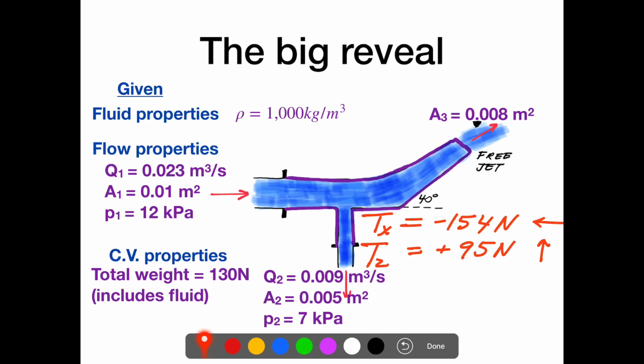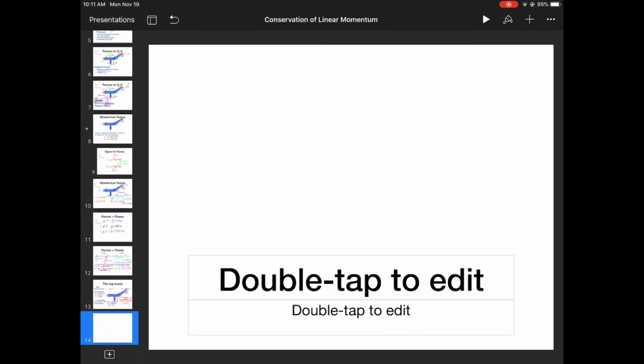support force in the x. Remember that we assumed that was acting in the positive x direction, so the negative sign actually just means it's in the negative x direction. And then similarly, the z support force, 95 newtons, that's a positive value, which means that it's in the same sign that we assumed, which is positive in the upward direction. So that's basically it. Hopefully that will solve